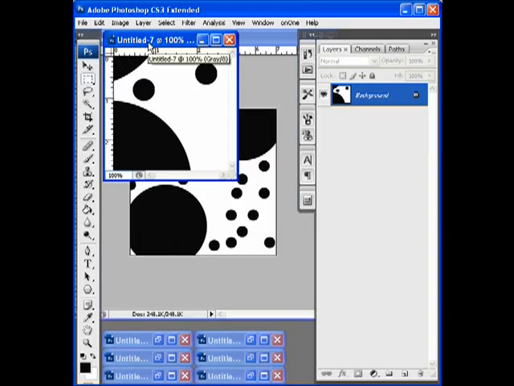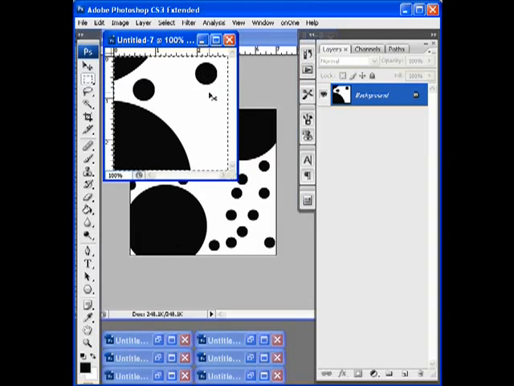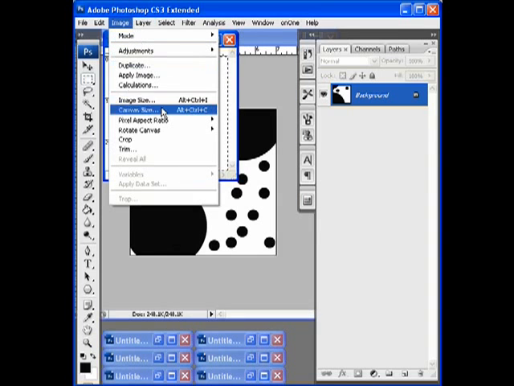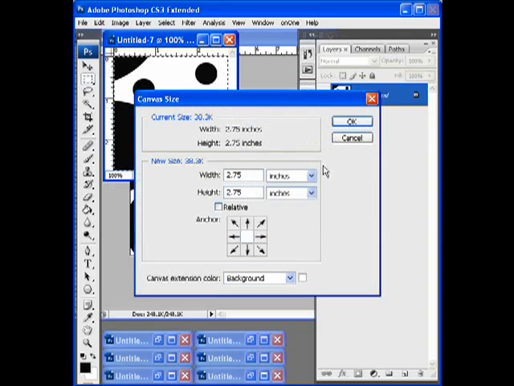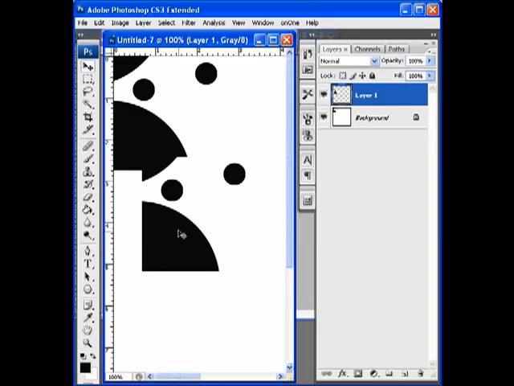I'm going to select all first. Select all. Copy. Control C. That puts this in memory. Instead of image size, what I need is canvas size. And again, I'm going to do the same thing, percent. 400, 400, and I'm going to anchor this in the upper left hand side. Say OK to that, and then every time I spit out a new one of these, I can move it